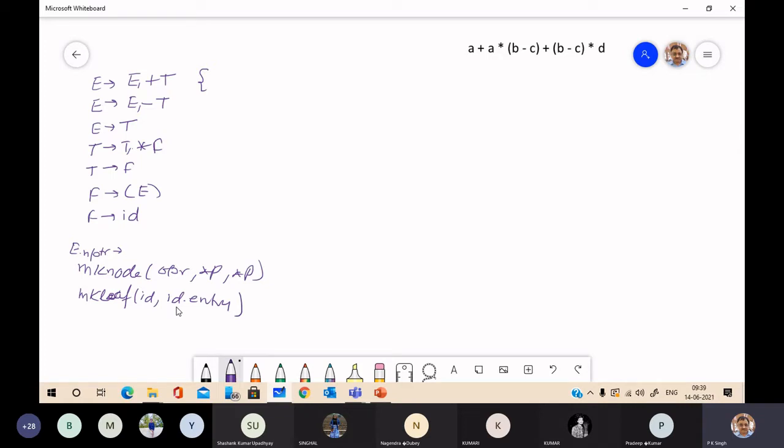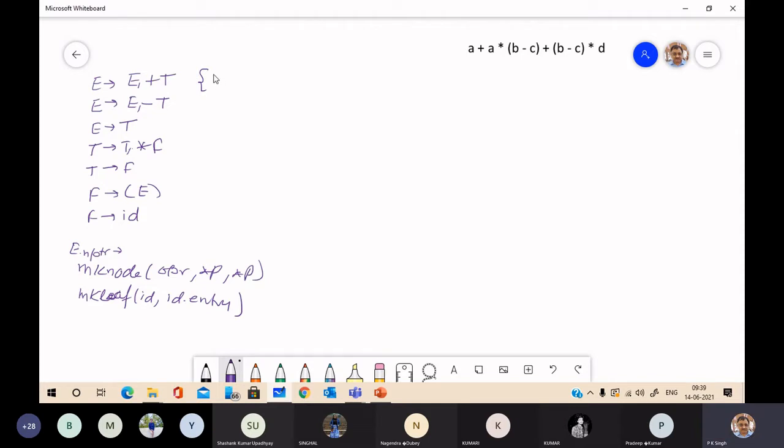Now using these synthesized attributes and these functions, we are going to give a syntax directed translation scheme so that we can translate expressions supported by this grammar into a syntax tree.